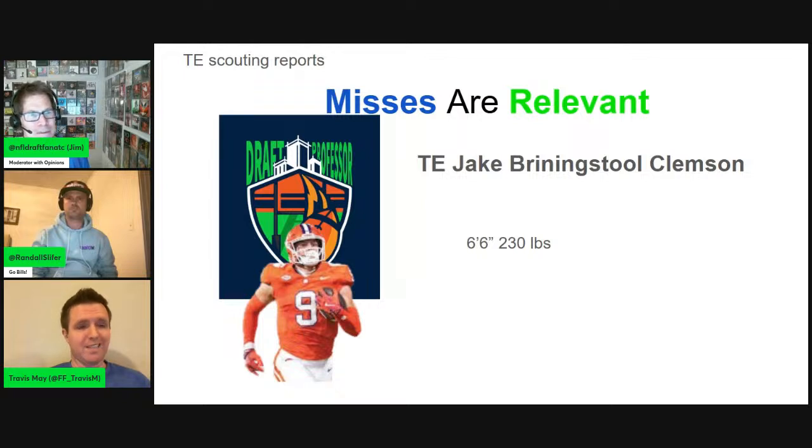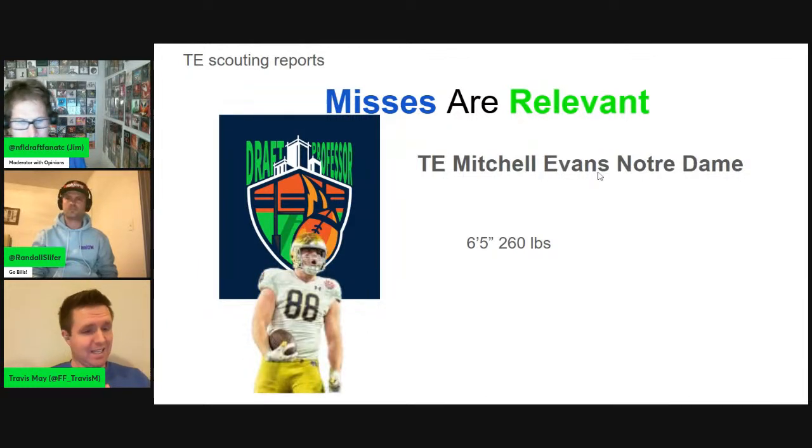I agree. I think the only 3 safe bets for day 1 and day 2 capital are Tyler Warren, Colston Loveland, and Harold Fannin. We might not see it any more than that. But there's a handful of others that if teams feel like they need to reach for need, and there are a few that have that need at the end of round 3, that's where I could see it happening. But if it doesn't happen there, you might be waiting a little bit again for a longer run.